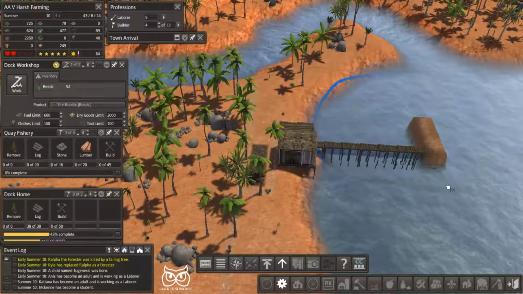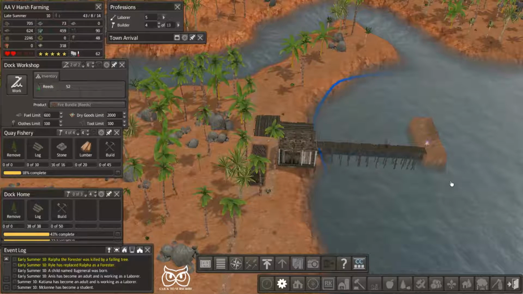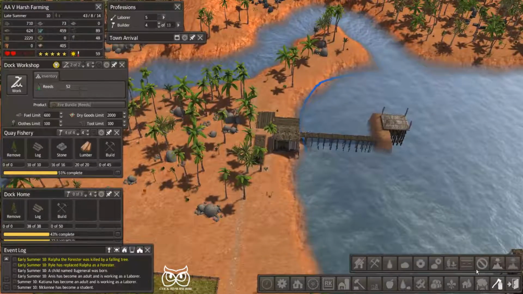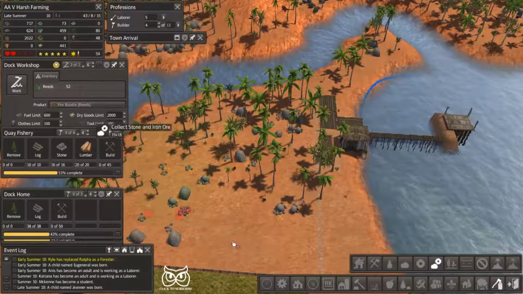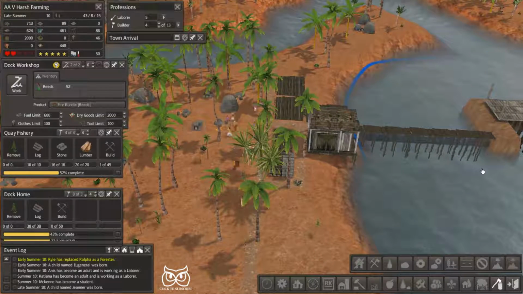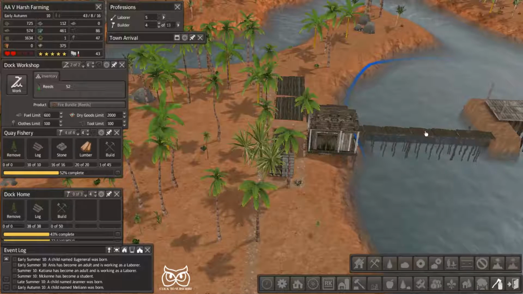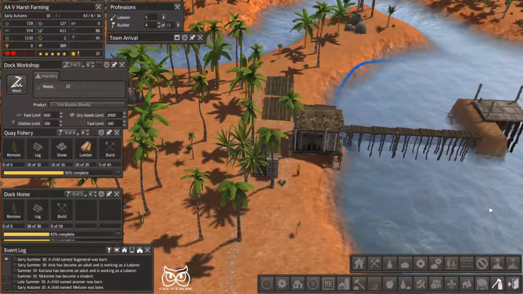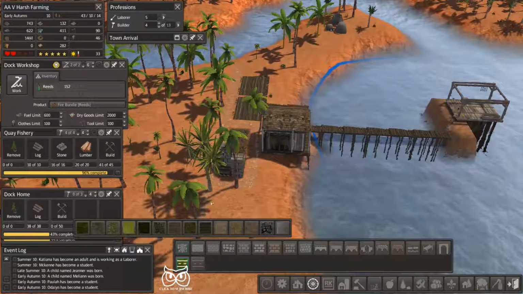Let's get the fishery done first, folks. And let's see, we've got a fair amount of stone right there. We can grab while we're at it. Okay, so we have 3 houses, and I'm going to actually use the grassy road mod